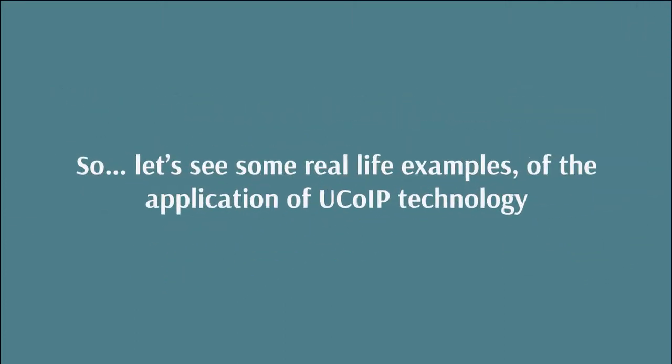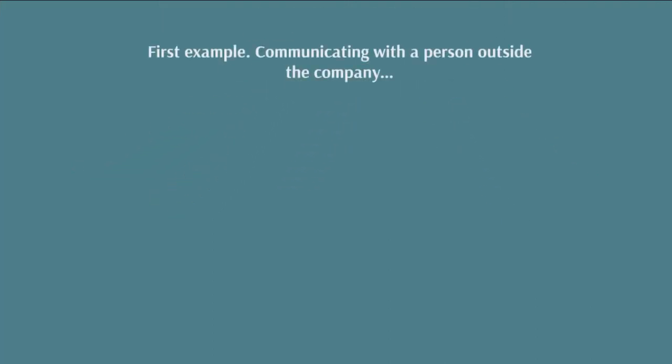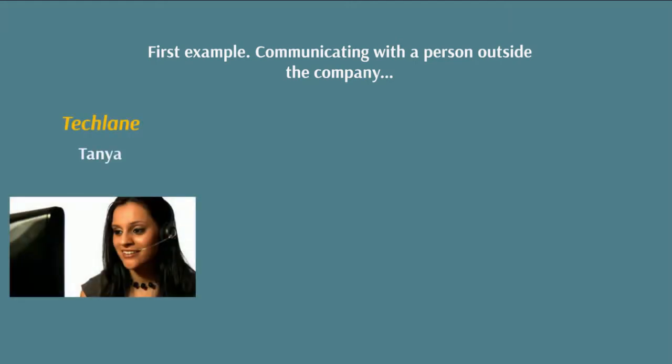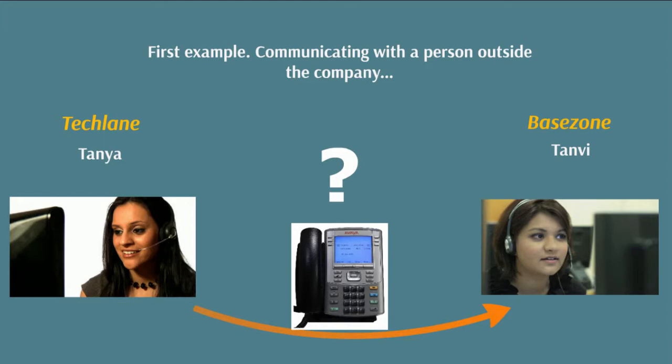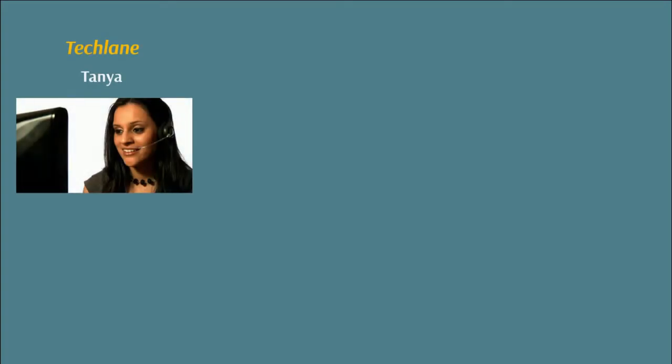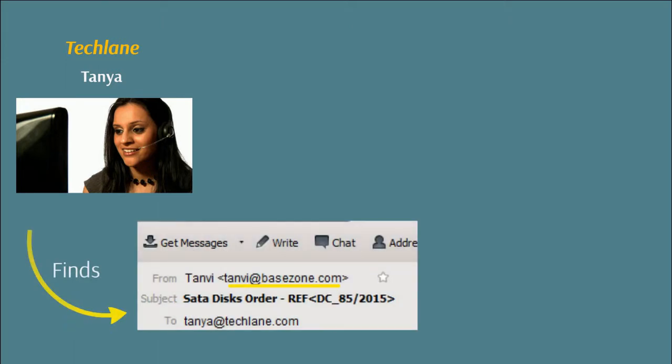So, let's see some real-life examples of the application of UCOIP technology. First example. Communicating with a person outside the company. Tanya, the secretary from the TechLane company, wishes to contact Tanvi, the secretary from Base Zone. She wants to order some computer parts, but she doesn't know Tanvi's direct phone number. In the past, she has received an email from Tanvi about a specific order, so she searches for Tanvi's email